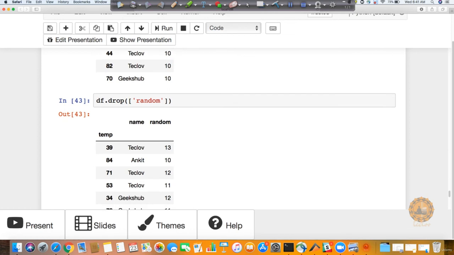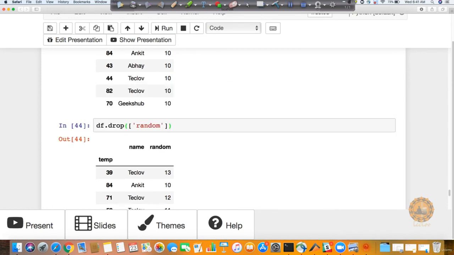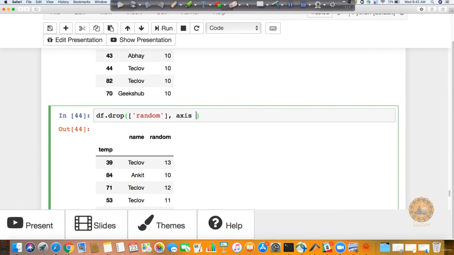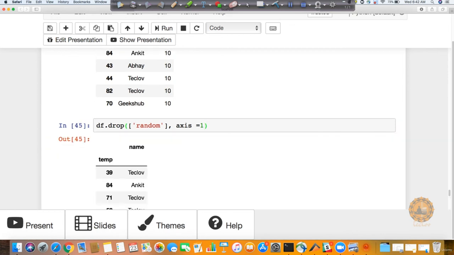The reason is simple: this random column is sitting in my column part, not in the row part, and by default axis is equal to 0. So you need to change the axis to 1 in order to remove this value, otherwise it will not get dropped.